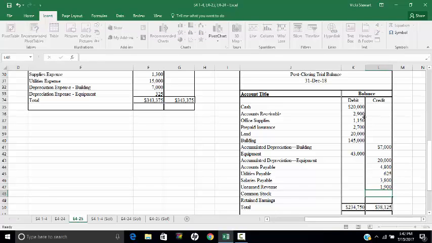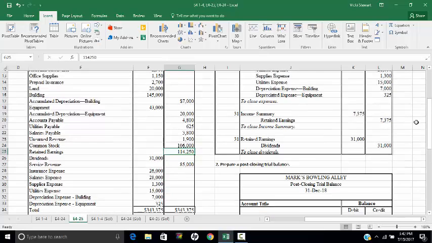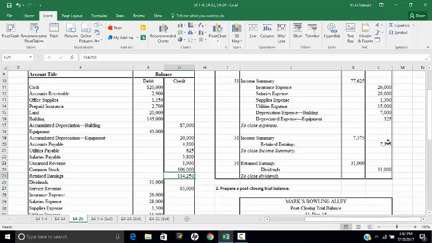The only one again that's going to have a different balance is going to be retained earnings, and we're going to go ahead and record $90,625, and I'm going to explain where that number would have come from. This retained earnings number is the beginning of the year retained earnings. The retained earnings would not have that balance after we make these closing entries because we would have credited it for an additional $7,375